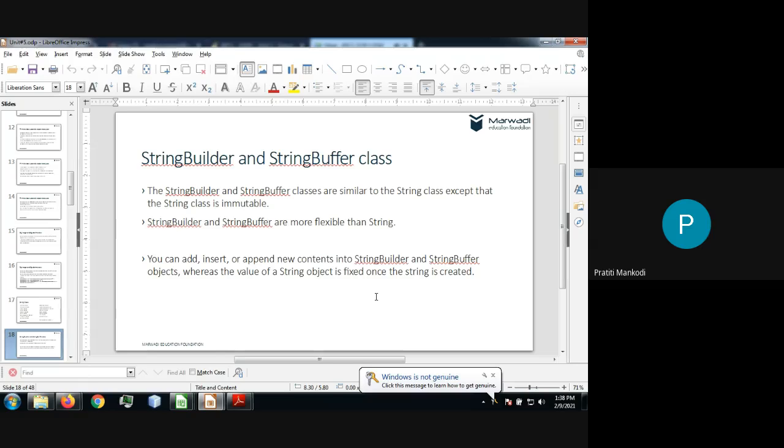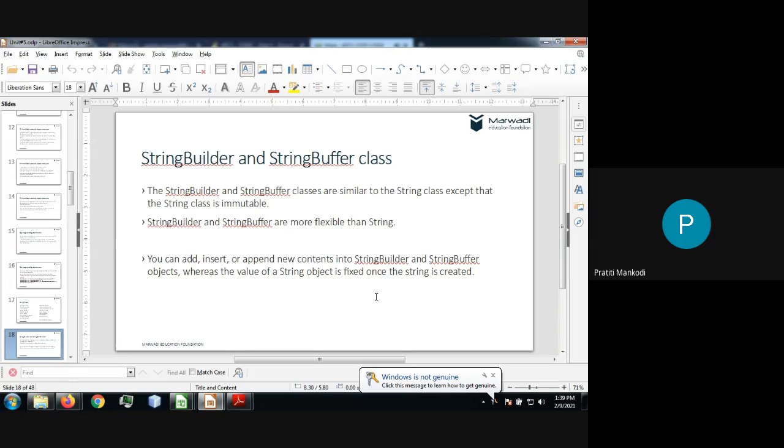If you try to change the value, Java will create a new object for it, and the previous object will be deleted by the garbage collector. At the same place, the change will not happen. Whereas in string builder and string buffer, if you change the content, the change takes place in the same object.